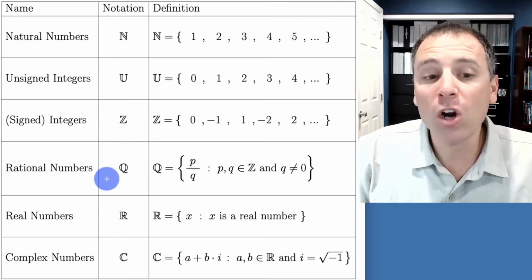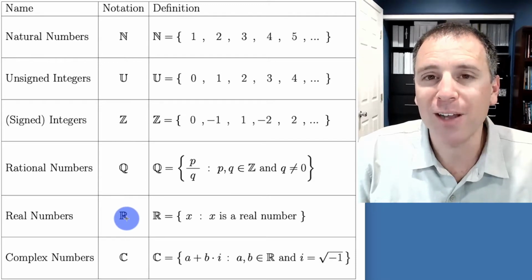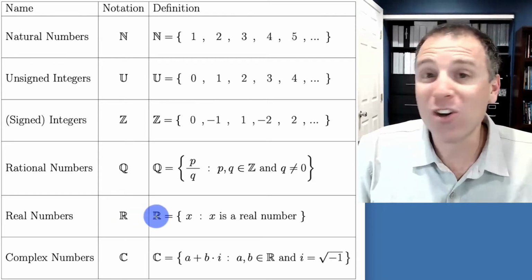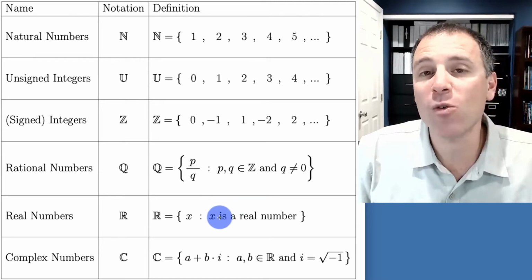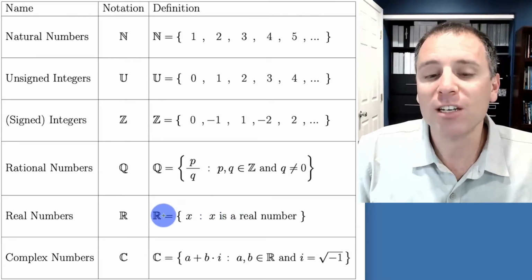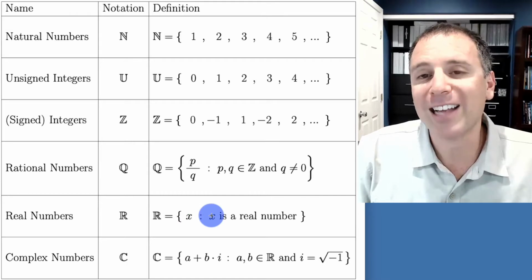There's also a larger set known as the real numbers. The symbol that we use to represent real numbers is blackboard R notation. In this introduction to MATLAB, we are not going to go through the construction of the real numbers, so we're not going to give a set theoretic definition of this. Just suffice it to say that anywhere we see blackboard R notation, that is the set of all x such that x is a real number.